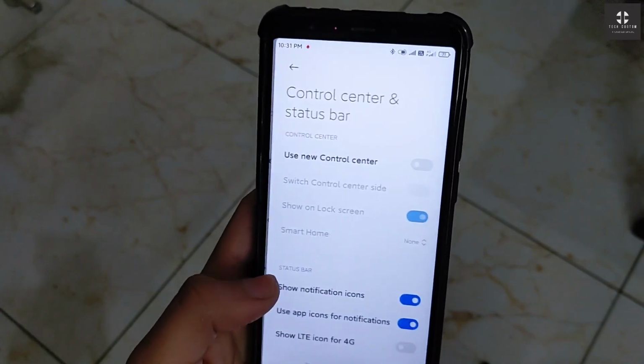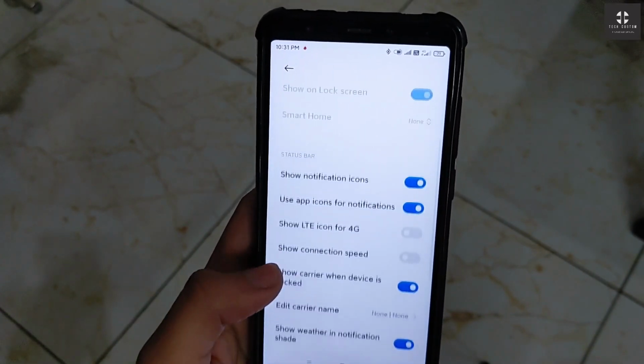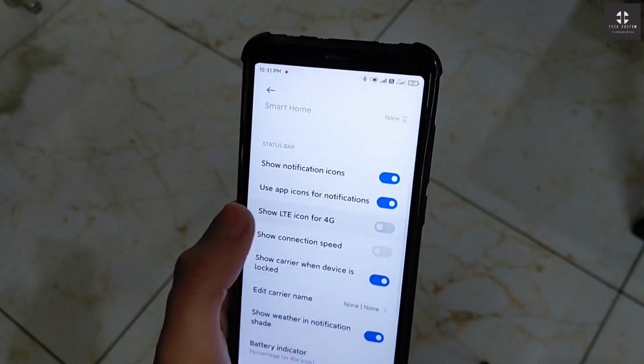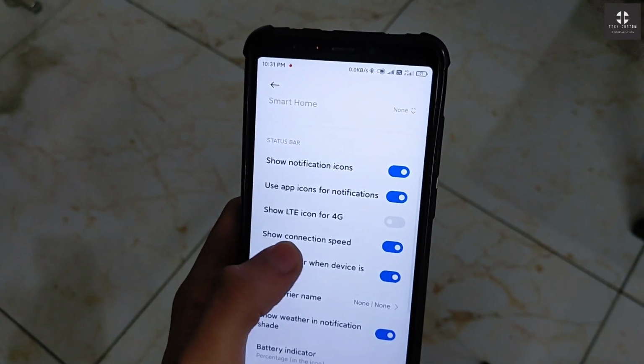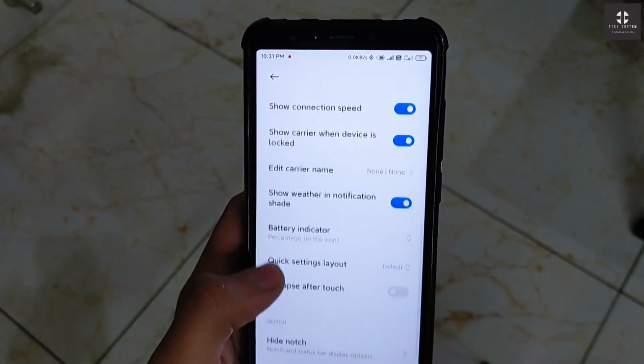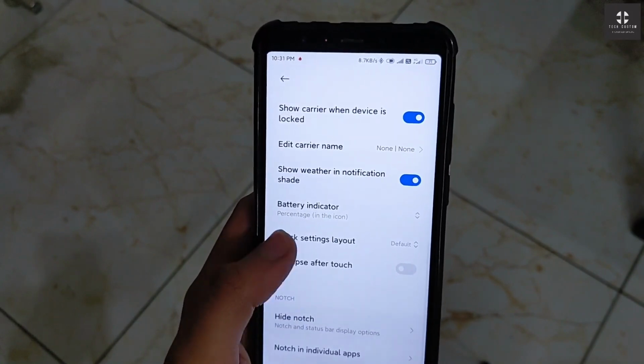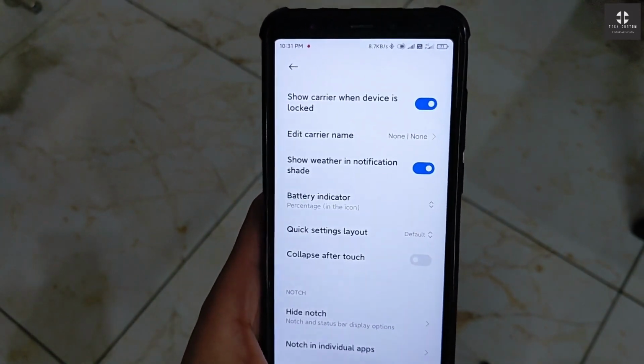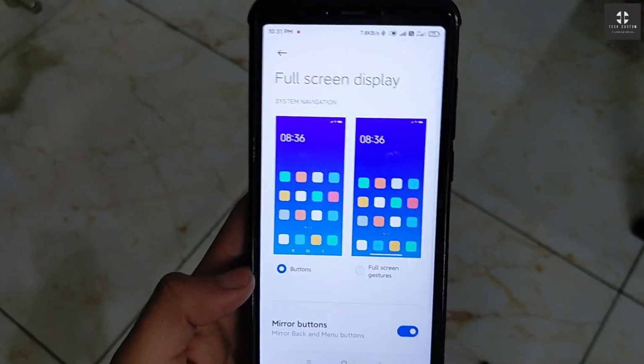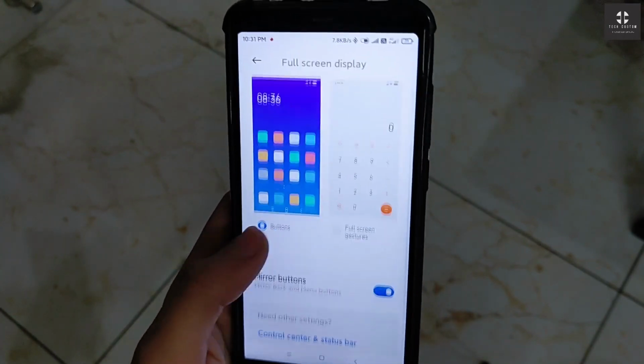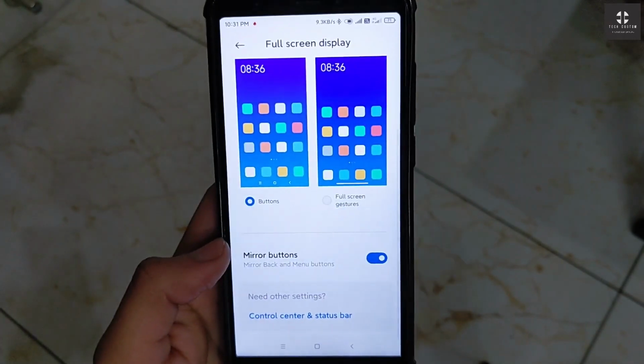Here is the control center. You can enable the control center if you want to use it. Works perfectly. Show LTE instead of 4G. Show connection speed is also available. Percentage inside the icon is also available. Hide notch, there is no option. Full screen display is also available. Here are the gestures. You can enable the gestures, but it will be laggy in the starting if you enable the